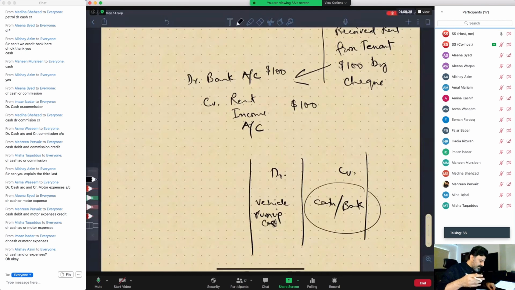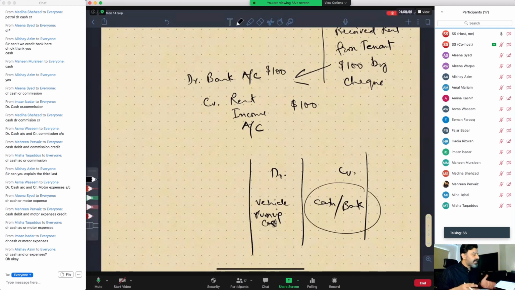Remember the third transaction from top where you paid motor vehicle expenses by check. So you mistakenly overpaid the actual bill. This is what is happening. And now that person is giving you that refund, which you had mistakenly overpaid, right? So everyone correctly identified. We will debit the cash account because our cash asset is increasing, and we will credit